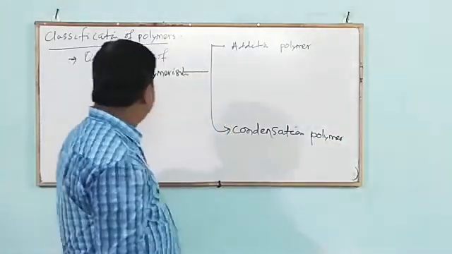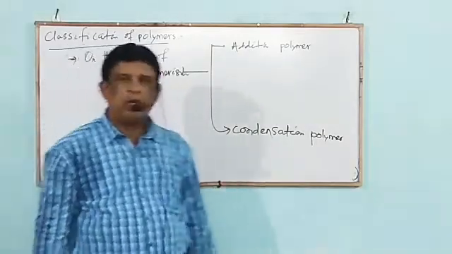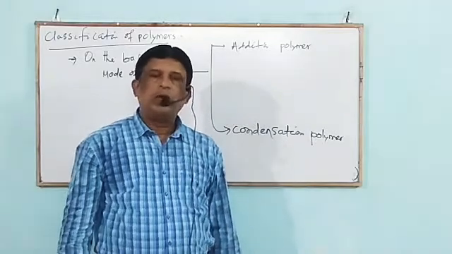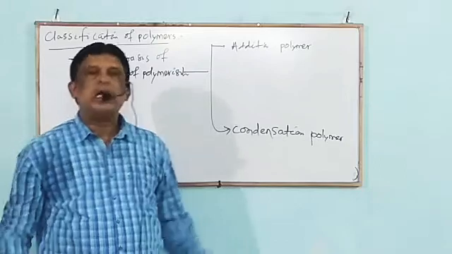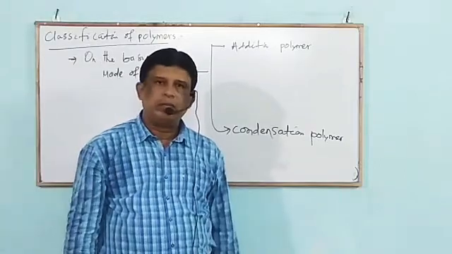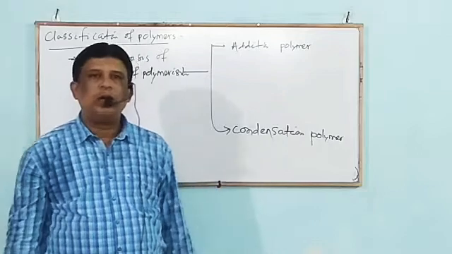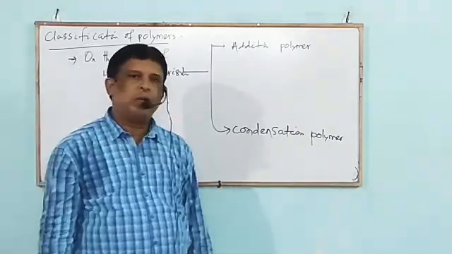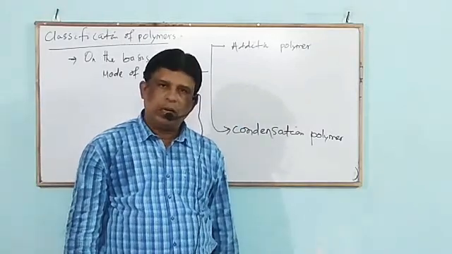On the basis of mode of polymerization, polymers are two: one is addition polymer, one is condensation polymer. What is an addition polymer? When similar monomer units are joined together without the elimination of simple molecules like H2O, HCl, and NH3, then that type of polymer is known as addition polymer. For example,